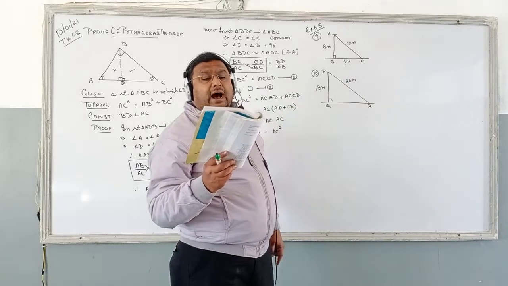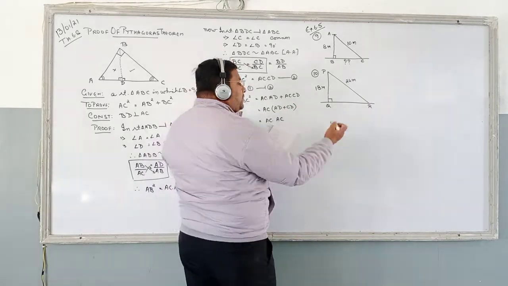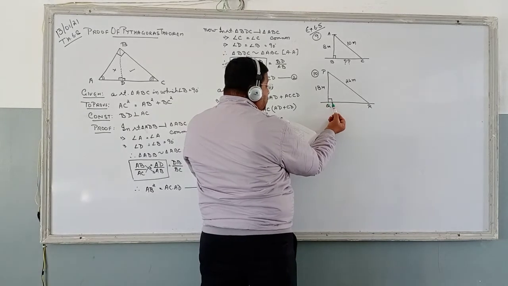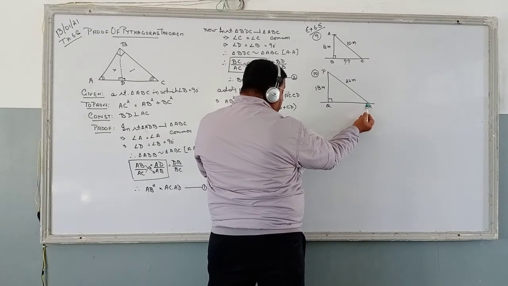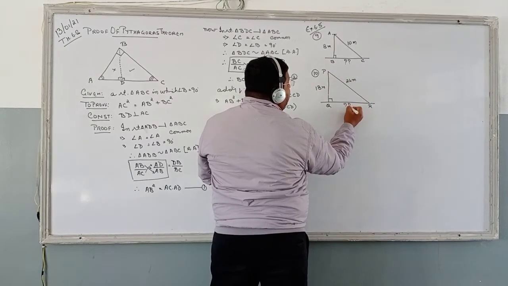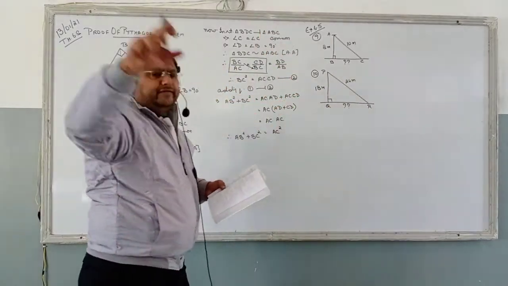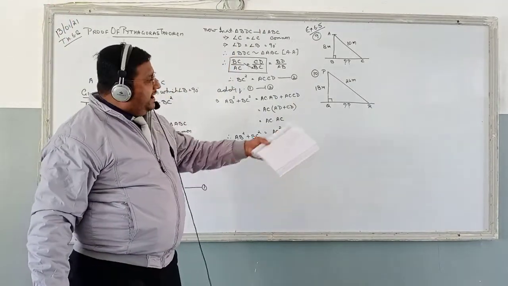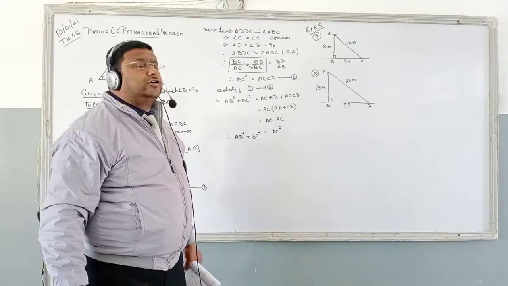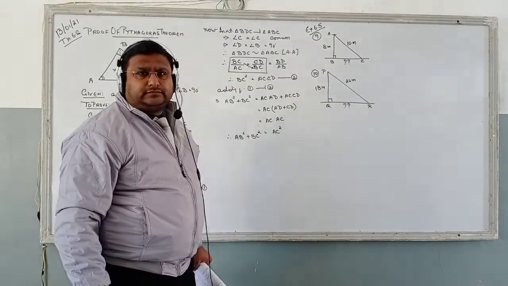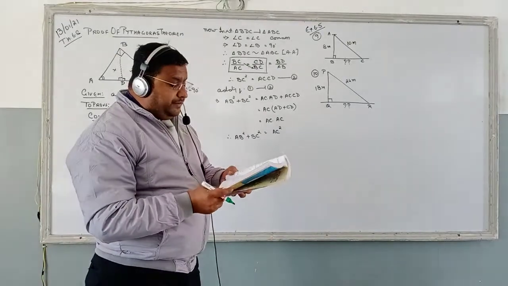Question says, how far from the base of the pole, which is the base Q, should the stake be driven so that the wire will be taut? Taut means straight. There is no curve into it, or there is no slope into it. Again, Pythagoras theorem, because it is a pole, it is supposed to be 90 degree. Right? Then, question number